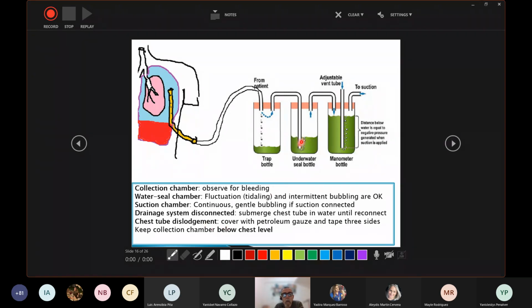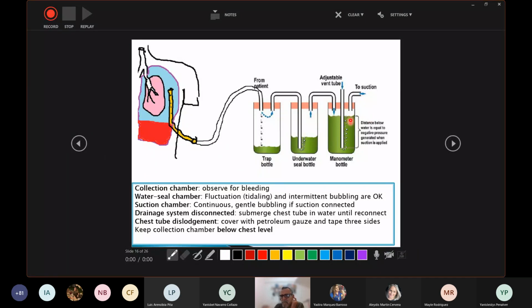If you don't see more bubbling of air coming out and the patient auscultation is normal, then you assume there is no more air inside the pleural cavity and the lungs are totally expanded. How do you suspect that lungs are totally expanded? Because you don't see more air bubbling here while the patient breathes, and you auscultate normal lung sounds. Of course, you report to the doctor. The doctor will order an X-ray to verify that the lungs are totally expanded, and then probably will come to remove the chest tube.